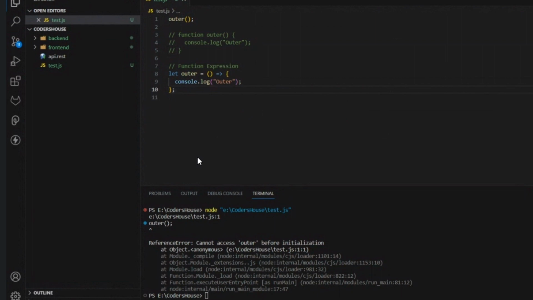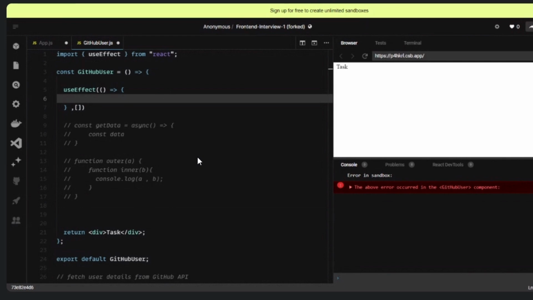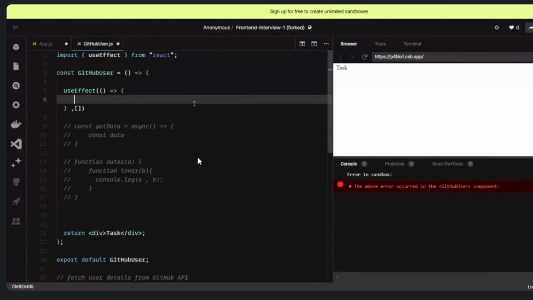So you can continue with the code sandbox. Yeah, sure. I think my screen is visible, right? Yes. Okay, fine. So here I will